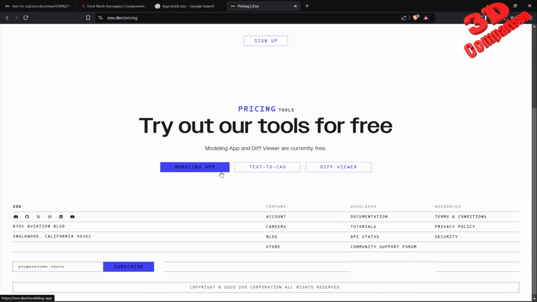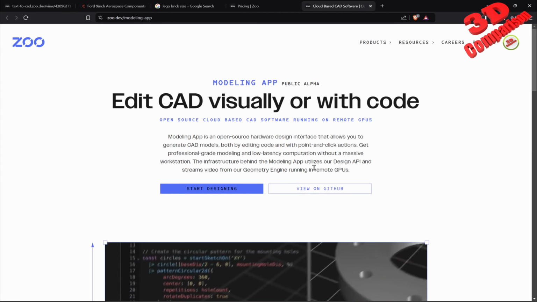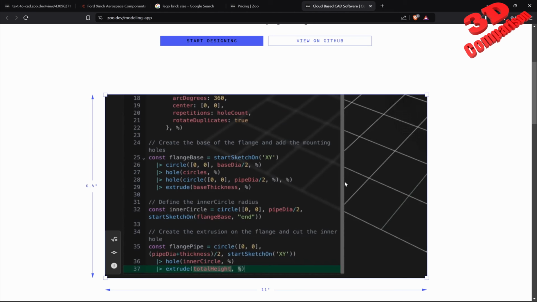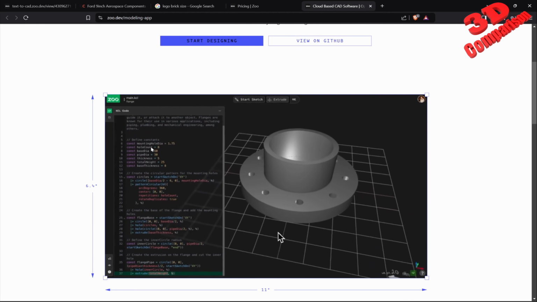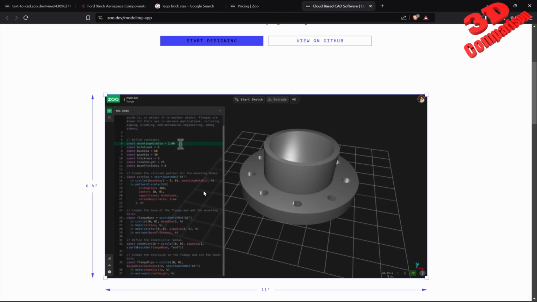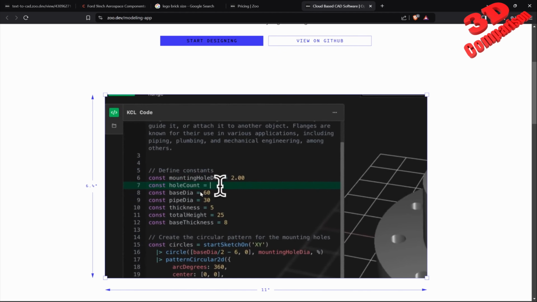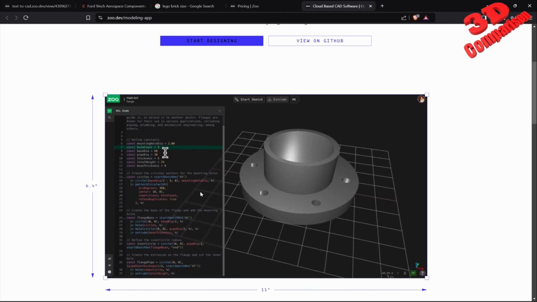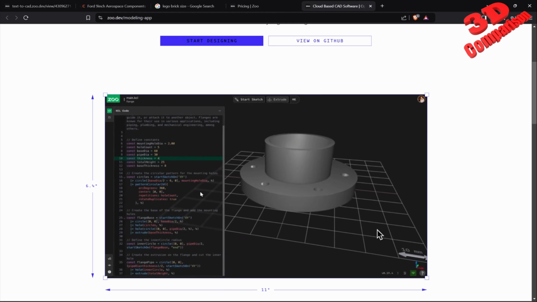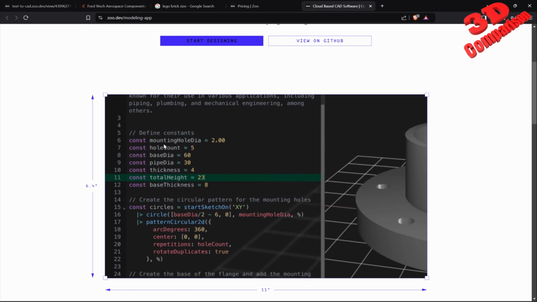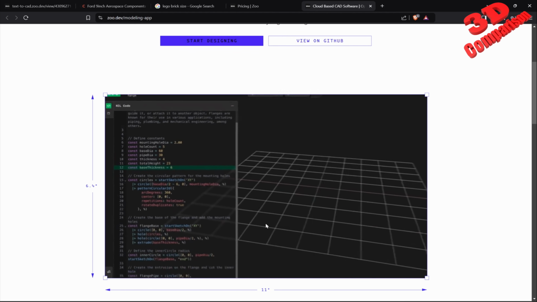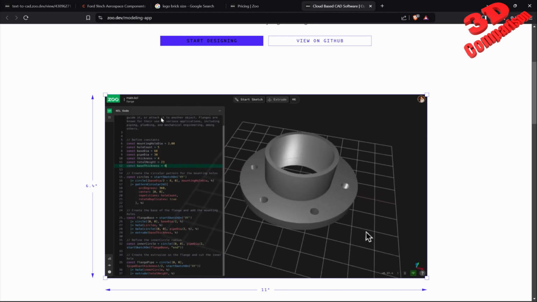We also have the following modeling app over here, so let me open that. As you can see, this will mostly use code in order to generate those. So we have a flange over here, we have diameters, again not sure if this is quite useful because we can use even FreeCAD to generate this, and you will have it parametrically, so not defined by a code, but you will have the constraints and you can easily change that. But we see in this case for a flange,